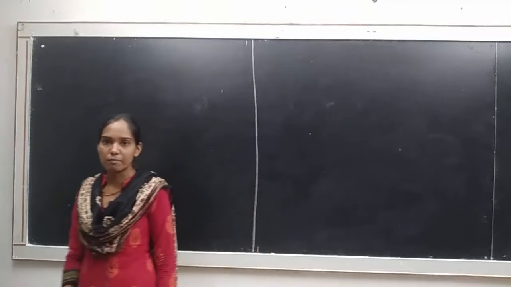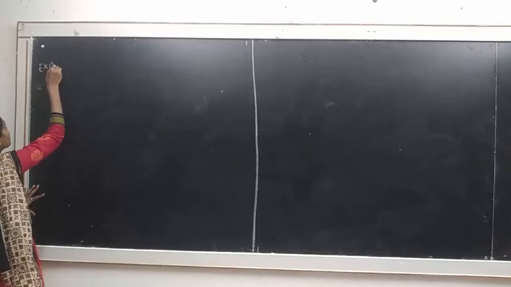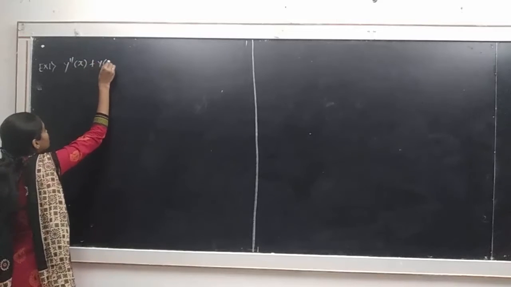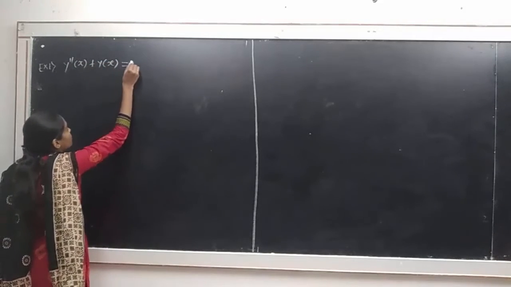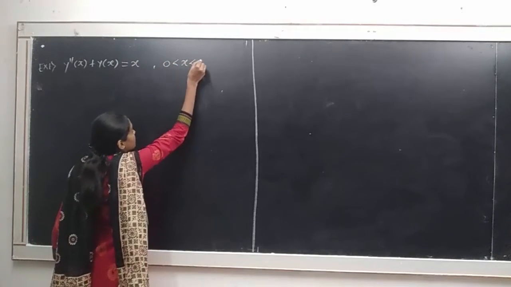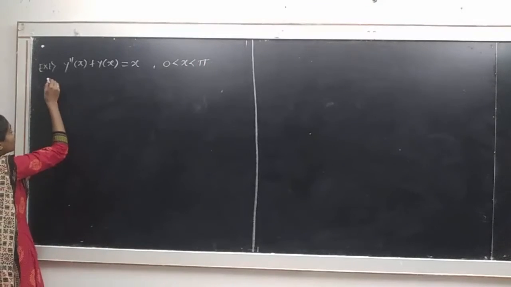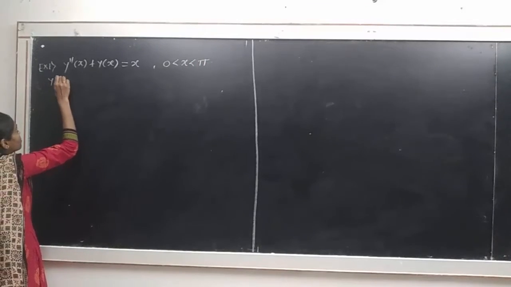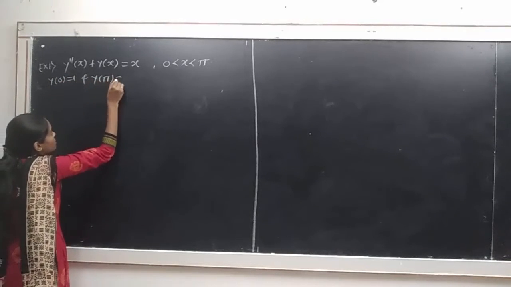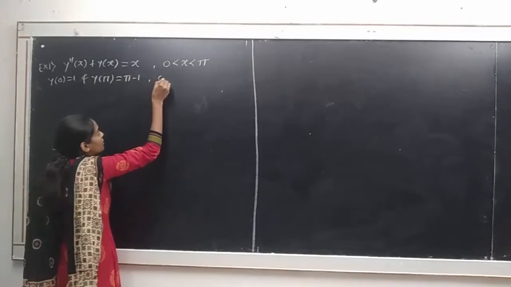So we take one example first. Example number 1: y double dash of x plus y of x is equal to x, with 0 less than x less than pi, and with boundary conditions y of 0 is equal to 1 and y of pi is equal to pi minus 1. Then convert